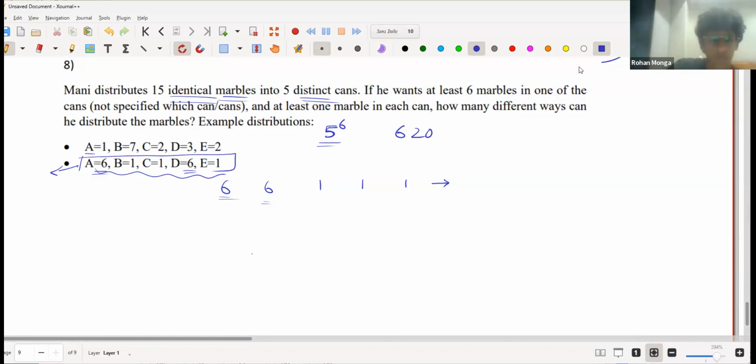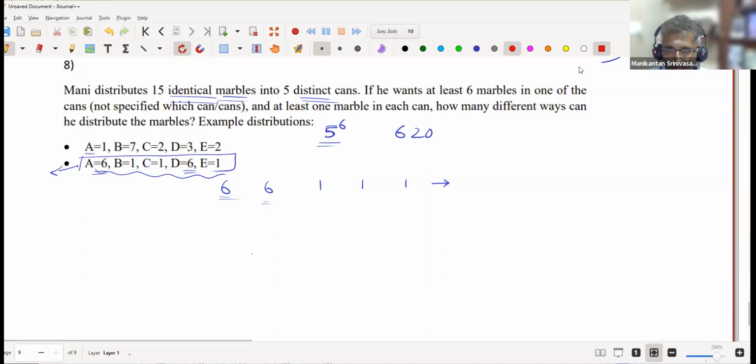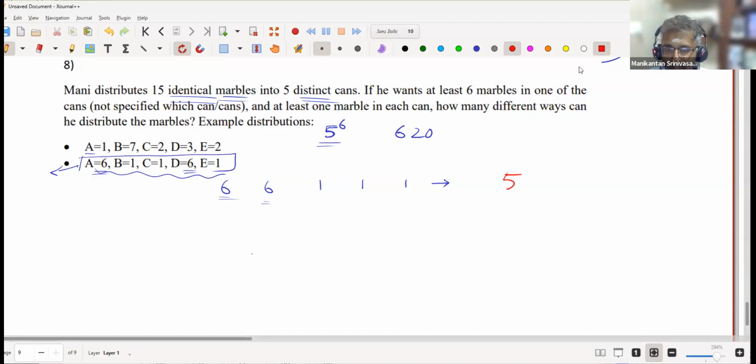So it's 5 factorial by 2 factorial, 3 factorial. Essentially 5 choose 2, right? I have to choose 2 special cans which get 6 marbles. The marbles are all identical, so I don't care which marble is put where. The others get 1 each. So it's 5 choose 2 ways, which is 5 into 4 by 2, which is 10 ways. So that's easy. The other case,